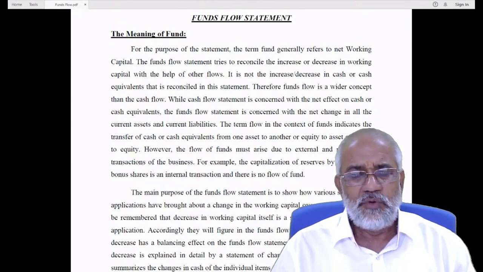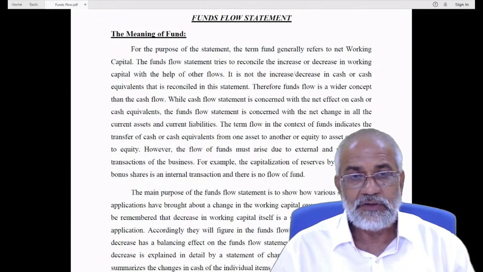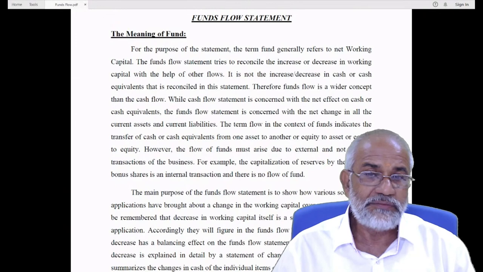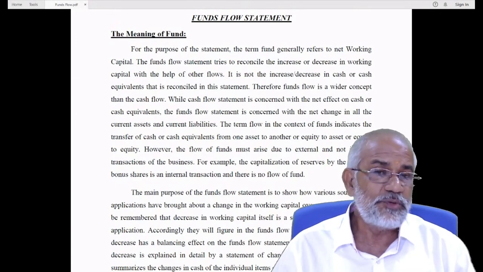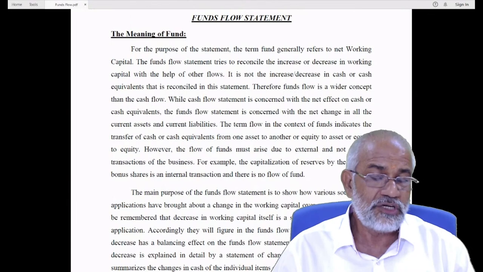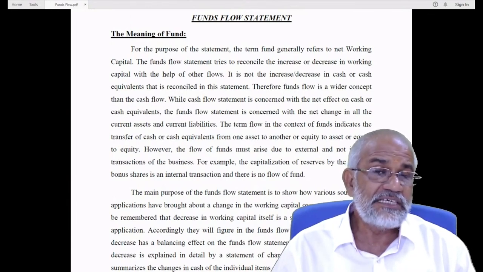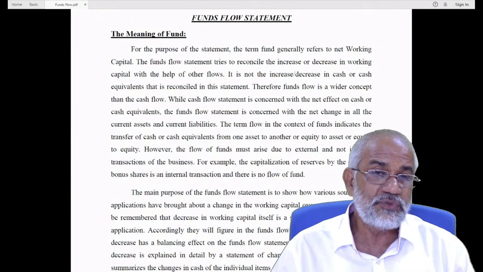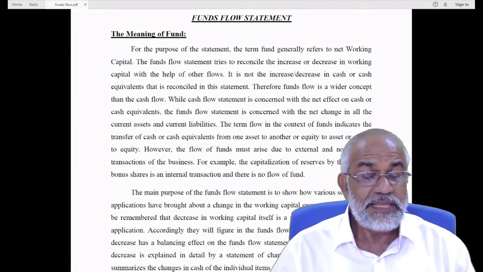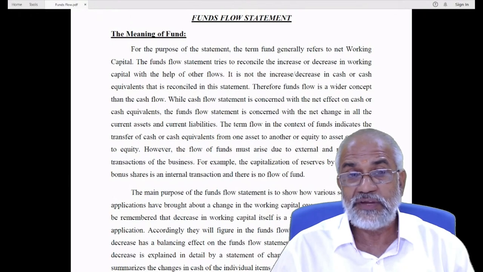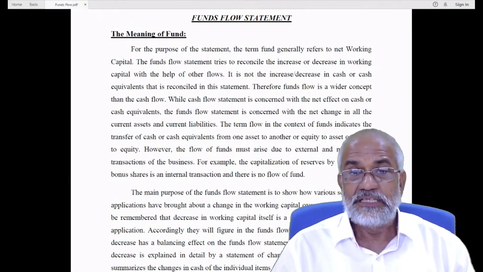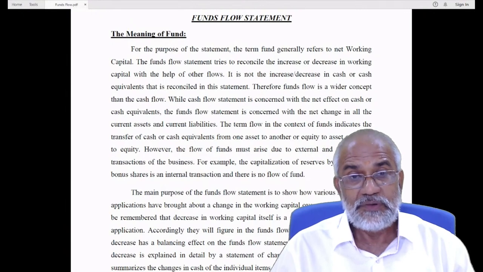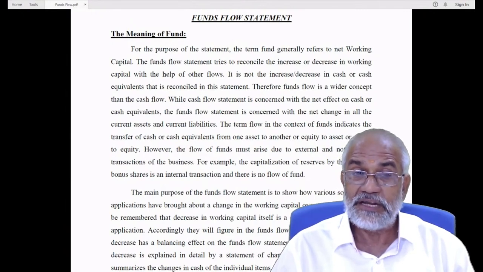Suppose the moment he was asked to count his cash balance in his pocket or purse, it comes to 5,000 rupees, out of which 500 rupees was given to a friend as a loan on a short-term basis. In the first instance, the cash balance was 5,000 rupees and his fund was 5,000 rupees. In the second instance, when the 500 rupees loan is given to a third party, the cash balance is reduced from 5,000 to 4,500, but his fund position remains the same at 5,000,